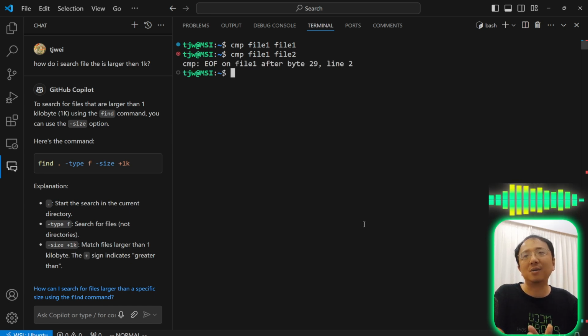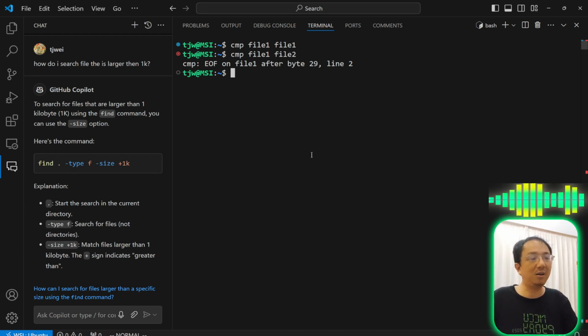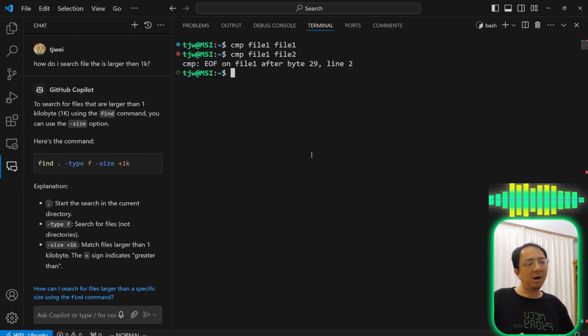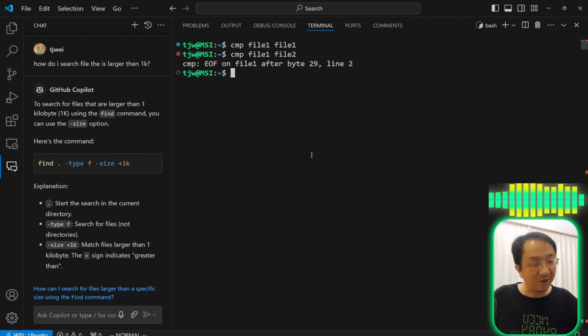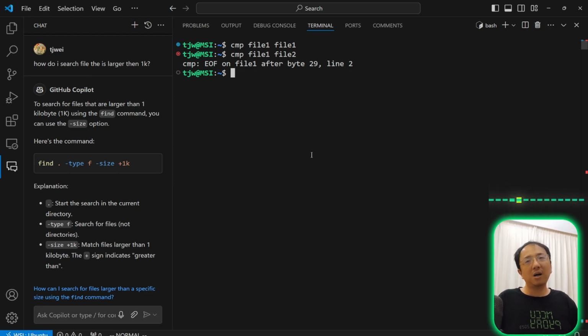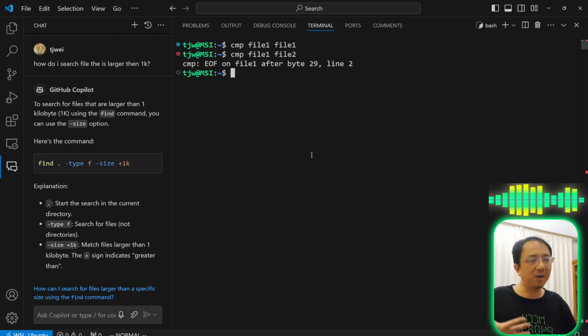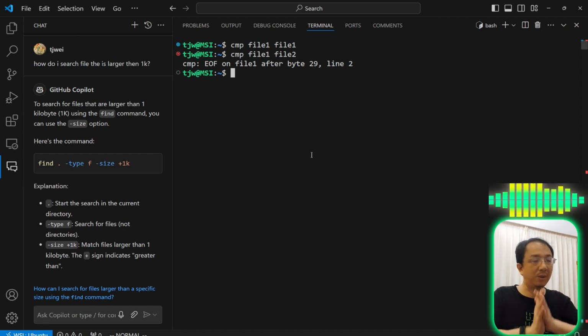If they are different, then it will show that they are different. So cmp is another tool, but I think diff is more useful for developers or data scientists. Another common way to use diff is that we have two experiments and we have